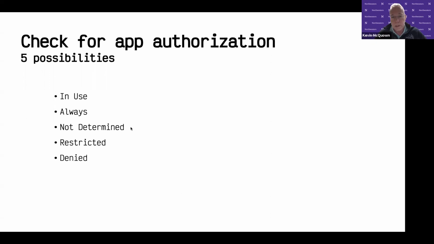Now, Not Determined is interesting because it's the one that you will get initially before they've given you permission. When your app first runs, if you haven't asked for permission, you are going to be in the Not Determined state. The fourth one, called Restricted, we won't cover much here other than to say,